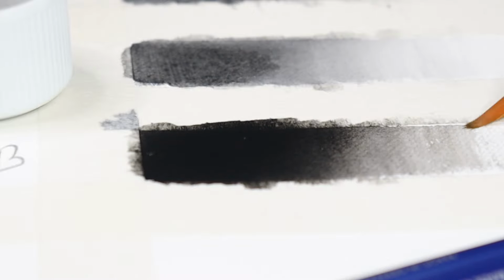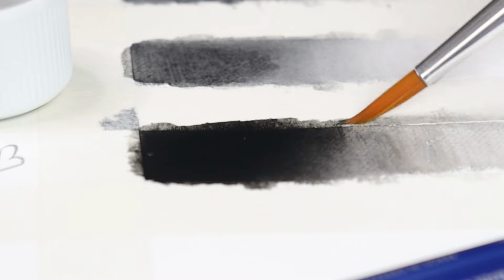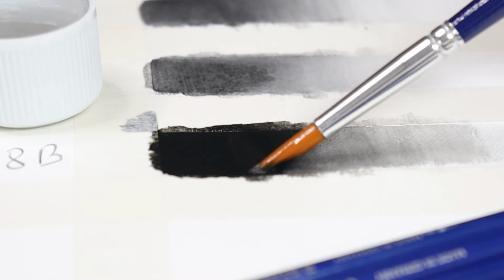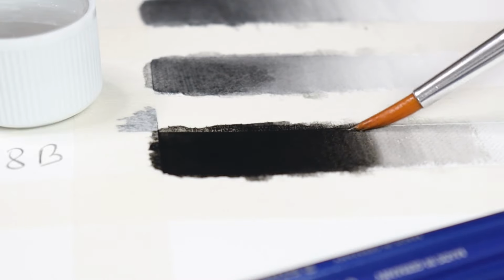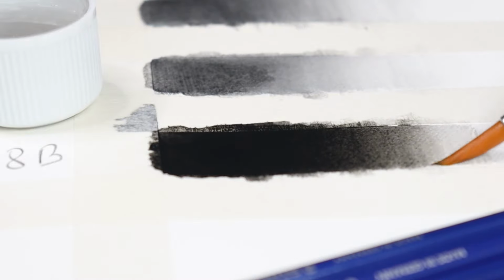The velvety darkness of the graphite combined with the water, resulting in soft and subtle transitions between different tones. It was mesmerizing to observe the transformation as the deep blacks turned into a range of grays. The watercolor effect allowed me to explore blending techniques as the water seamlessly mixed the pigments and created captivating textures. I could achieve both smooth and textured effects by controlling the amount of water and manipulating the graphite on the